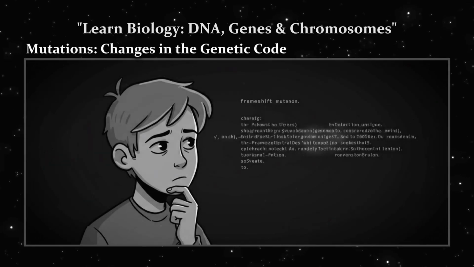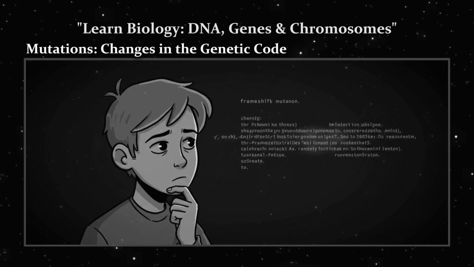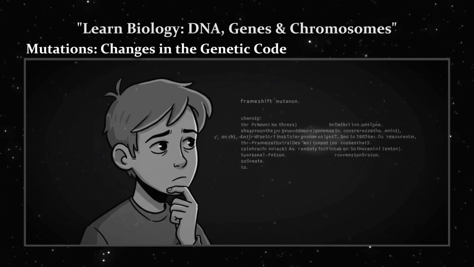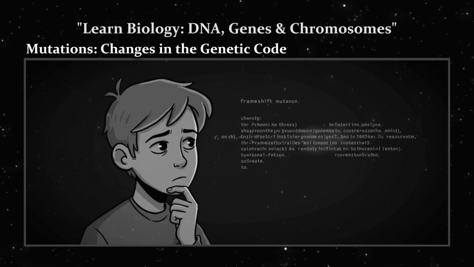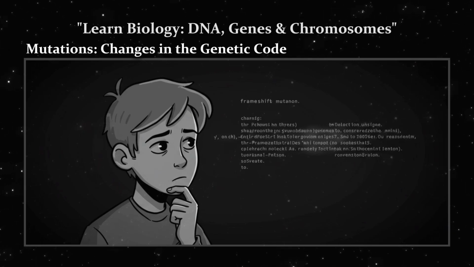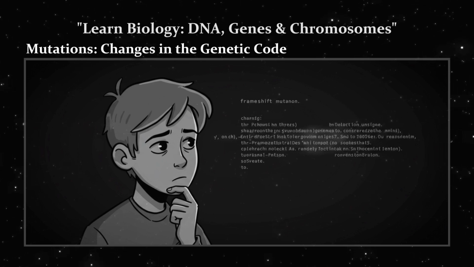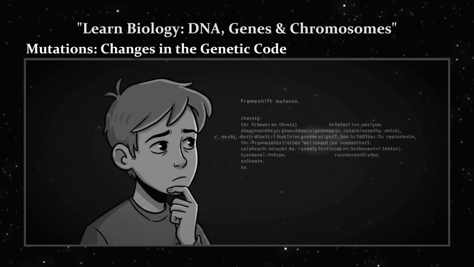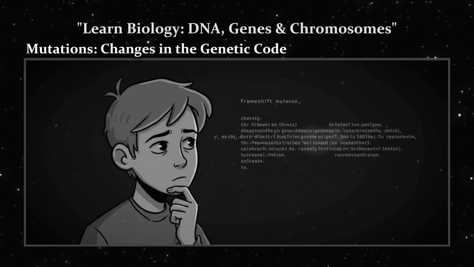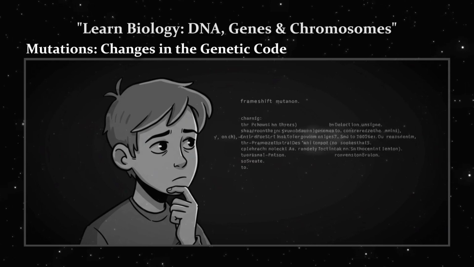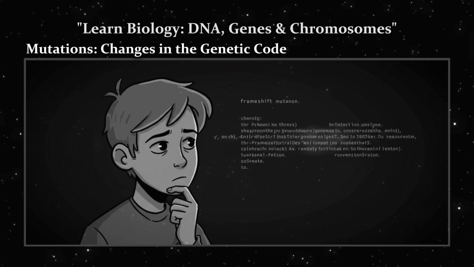Mutations, changes in the genetic code. In our final lesson on this topic, we arrive at an inevitable reality of any complex information system, the possibility of error. We have spent our journey marveling at the fidelity of life. We have seen how DNA polymerase replicates the entire 3 billion letter genome with near-perfect accuracy. We have seen the meticulous proofreading systems and the precise choreography of transcription and translation, but near-perfect is not the